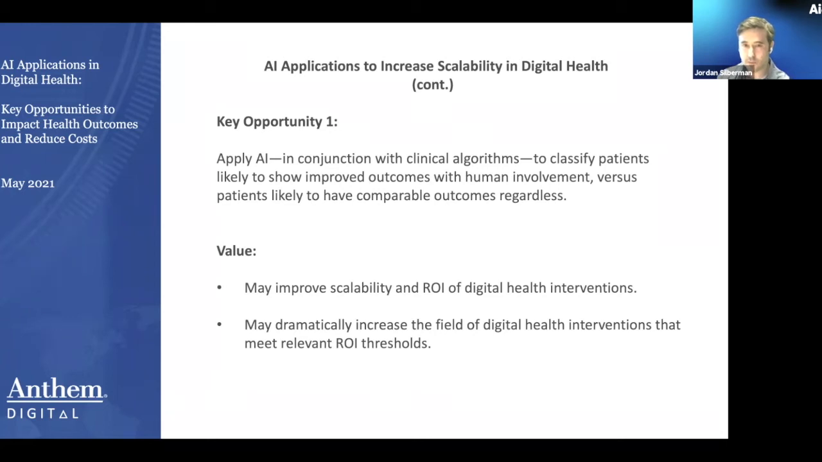the more we will be able to optimize resource allocation so that we are giving the health coaching intervention component to patients who are going to benefit, but we are not necessarily introducing that intervention component to patients who are going to have the same outcome with or without it. And if we can get really good at that, if we can apply AI to get really good at that,